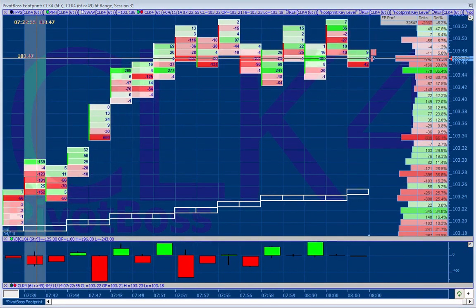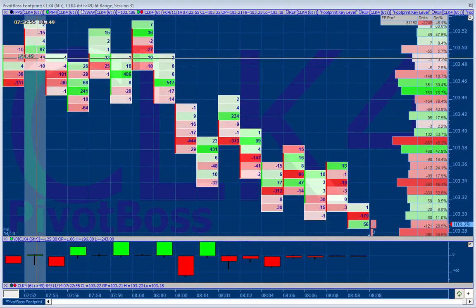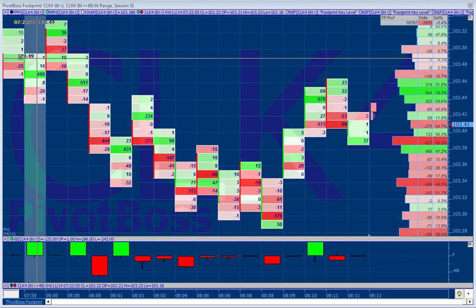Price is pushing along now. Look at these sellers come in a little bit here, kind of pushing price back to 103. Oh, hold on. Here we go. Here are some sellers that came in, kind of pushing price a little lower, some more sellers, and then a big 176 comes in and price goes up. Look at the green stripe here. Price goes bid higher. But wait a minute. That was 176 contracts on the low there, or one tick off the low, and price goes up. That's right. Forced to cover and price rotates higher.